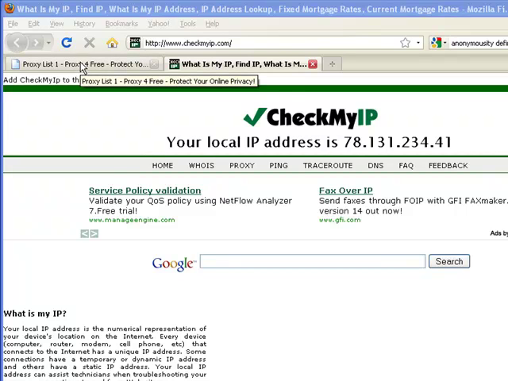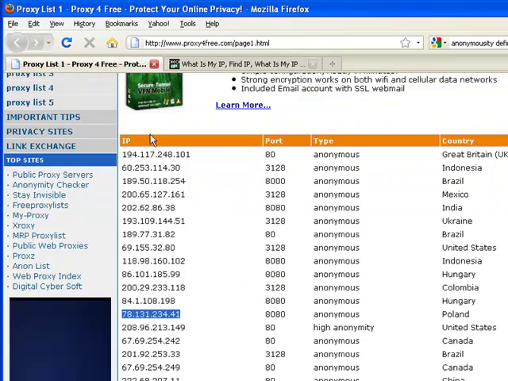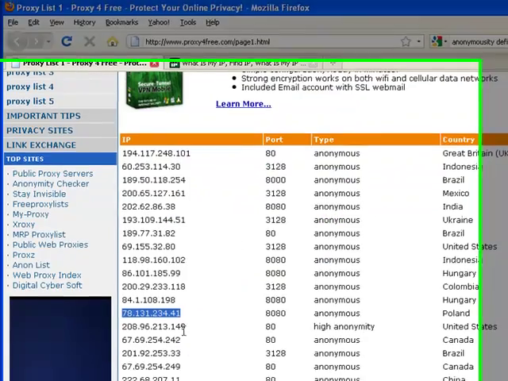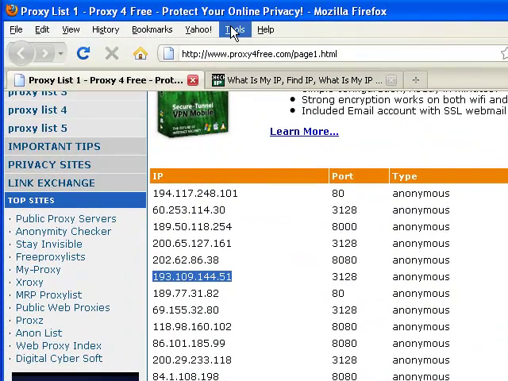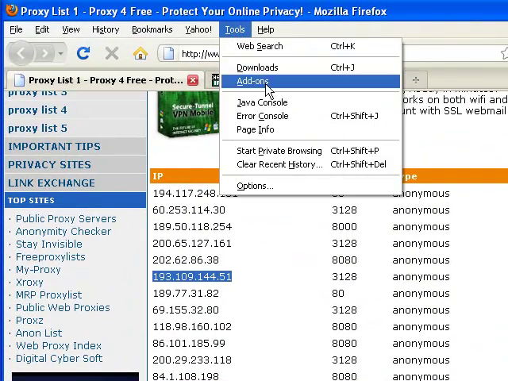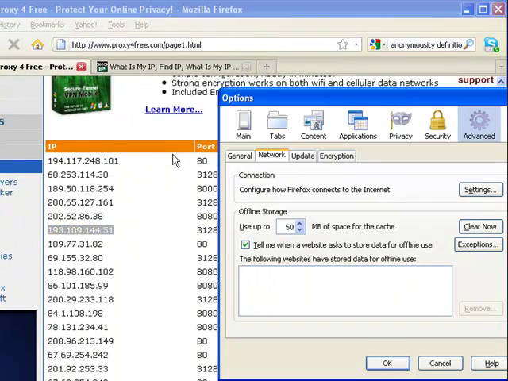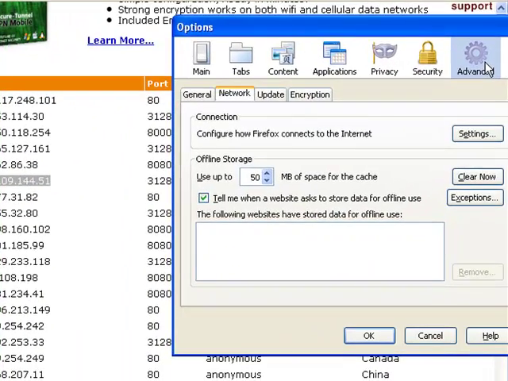So first you have to look at what IP you will be using from the list that you have Googled. So let's say I will be using this IP. So you just have to copy it, 3128. So on the tools menu, you select options, then select the advanced, go to network tab, then click the